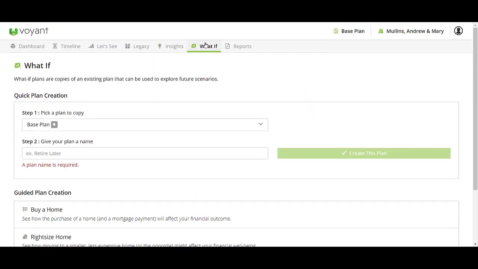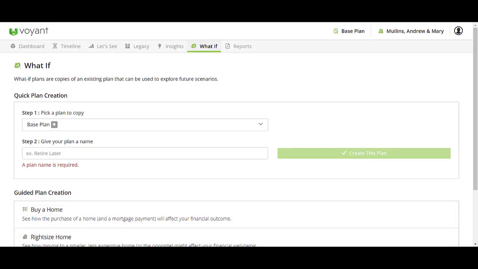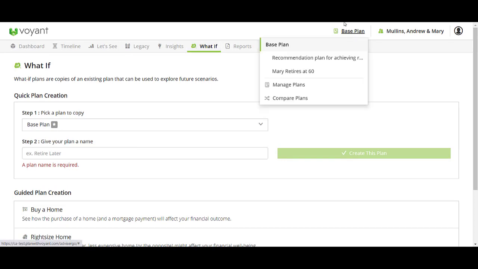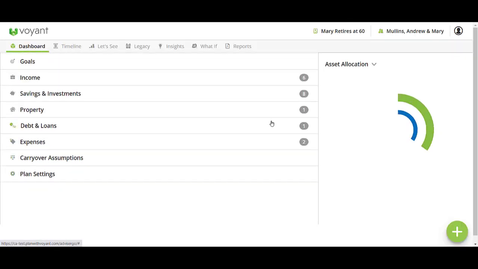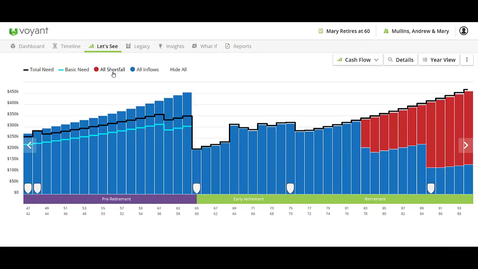You might also want to run a couple of what if scenarios before they come into your office. You would have done that here. You can create your own what if scenarios, or you can use one of these guided plan creations. If you already have them in the plan, they are accessible by clicking on your base plan and looking at the different options. So we can look at Mary retiring at 60, going to our Let's See screen again, and